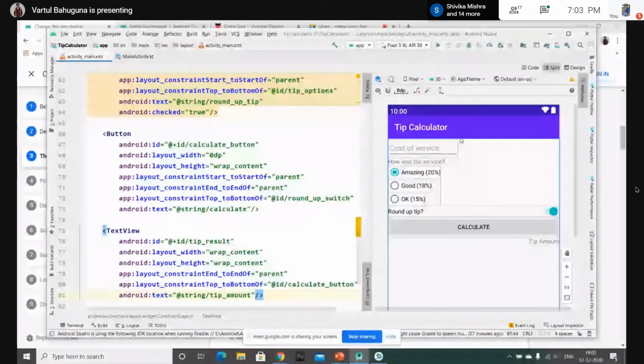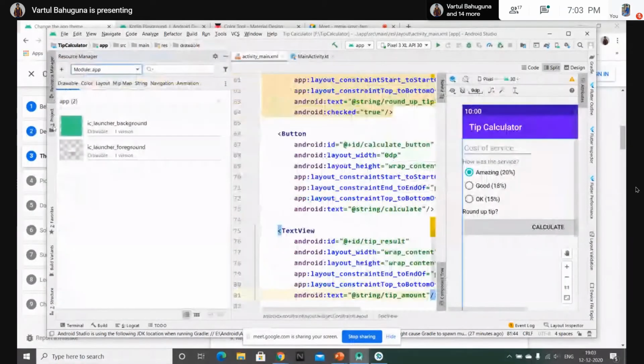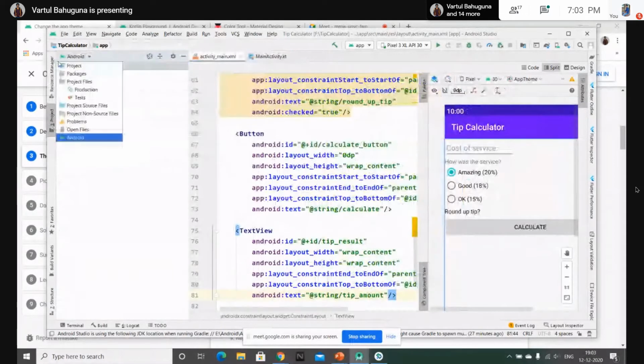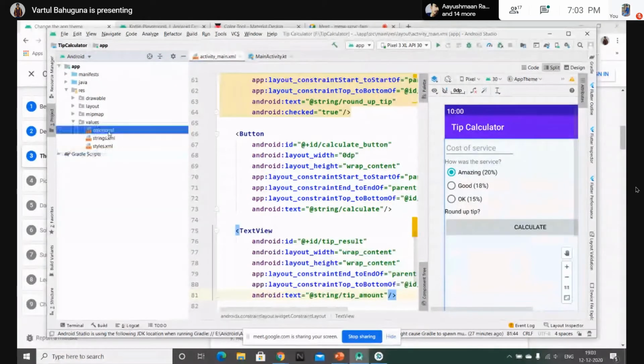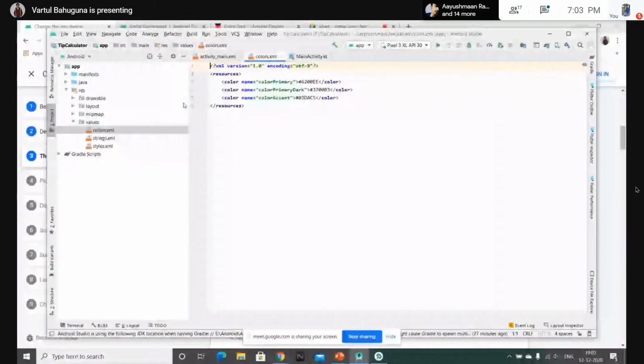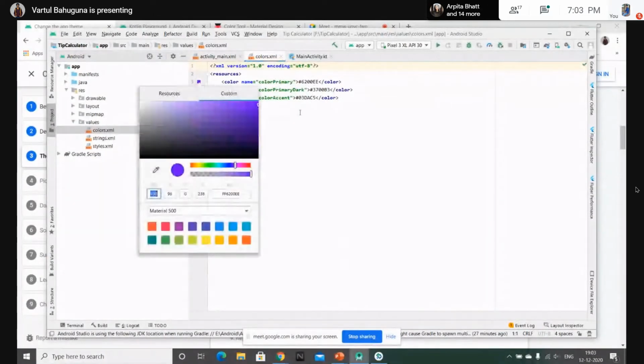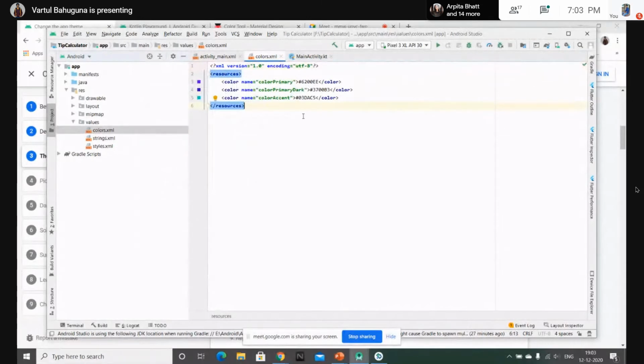So in project view, just go to the resource folder, here in values, click on colors.xml. So here you can see the color primary. There are two types of colors. What the Google Material Library says is that there are actually just two types of colors, a primary color and an accent color.